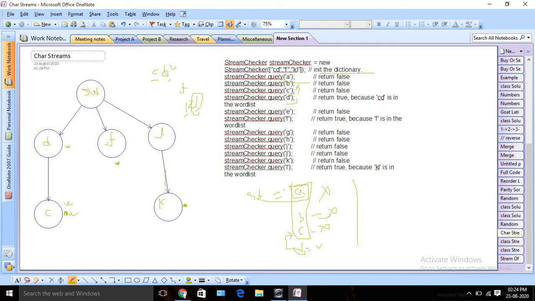But whenever I come to L, it will be like KL, and the previous ABCD will all remain there. So for L I can see that we have one child node from root, right? Then I will backtrack to K, and check if there is any node for K also. For L I can see that yes, there is one node K, right? Then I will check if there is a leaf node or the end of word flag is true or not. If it's true, then we can return true, right? So this is how we are going to solve it.